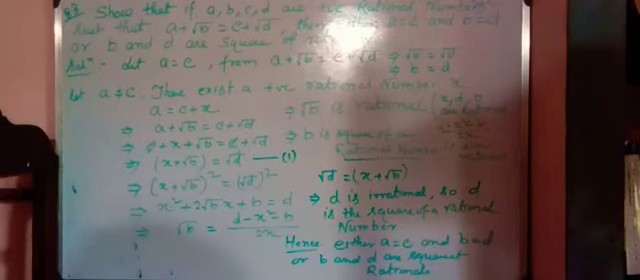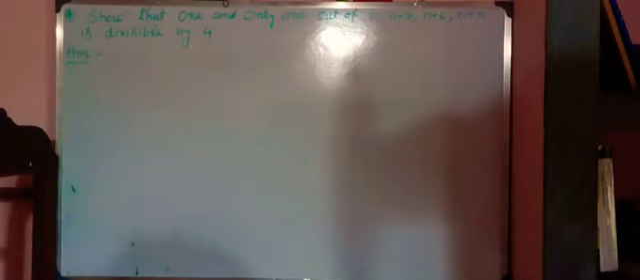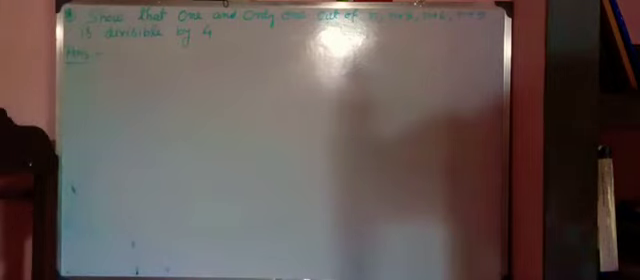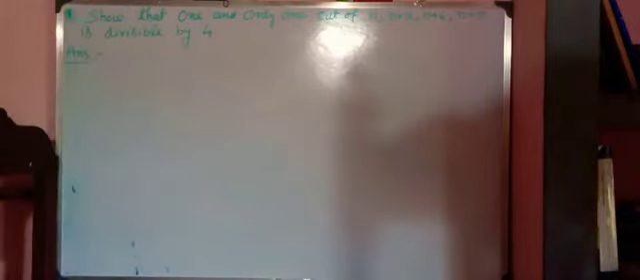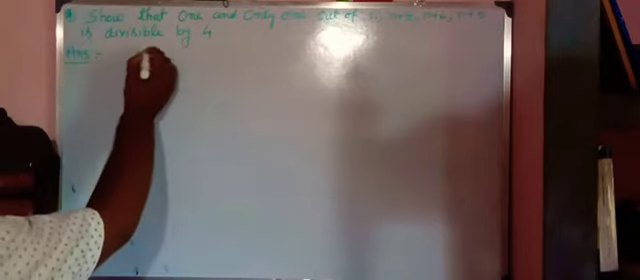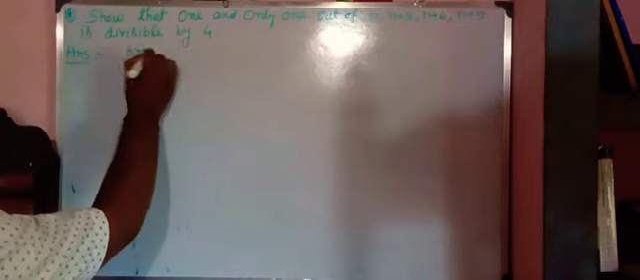Okay, next we move to another type of question. The question, viewers, is from the real numbers chapter: show that one and only one out of n, n plus 1, n plus 6 and n plus 9 is divisible by 4. Understood? Now we should apply Euclid's division algorithm here. So by the division algorithm,